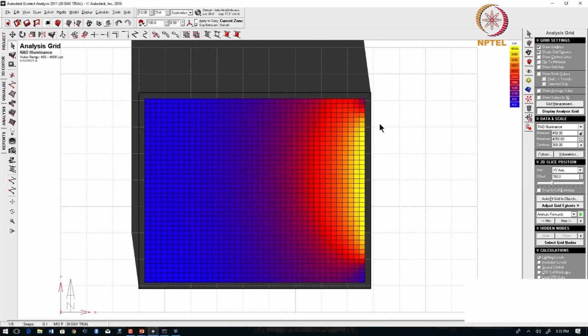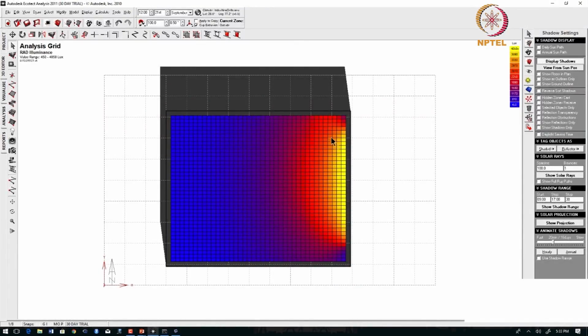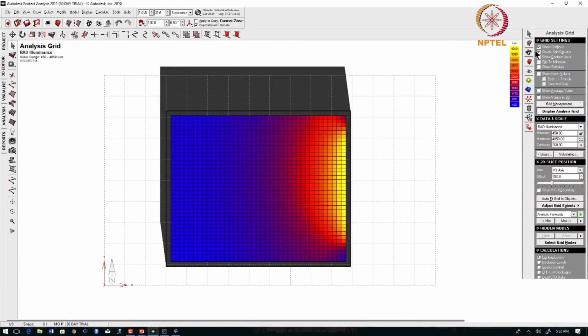So once it is imported, you can see that from the window the maximum lux goes as high as 4000 lux. So I can even go and change, see how much area is above a particular lux level. So here I am giving clip to threshold. So the average lux level is 1300 and 100% of the area is above your 110 lux.